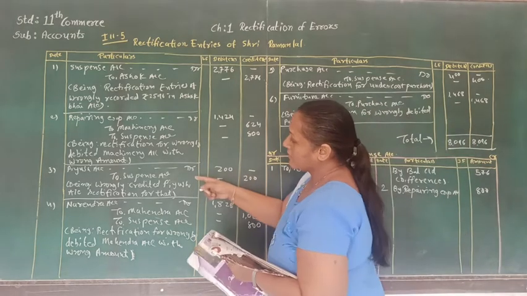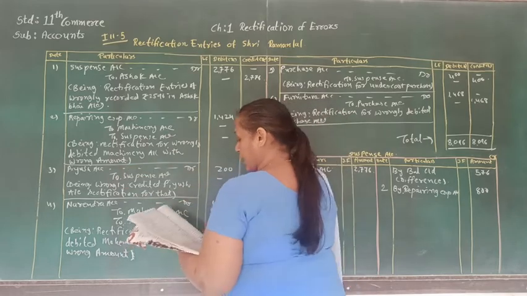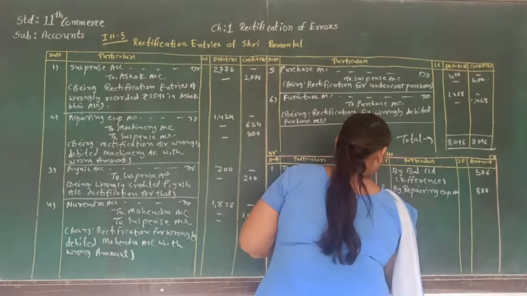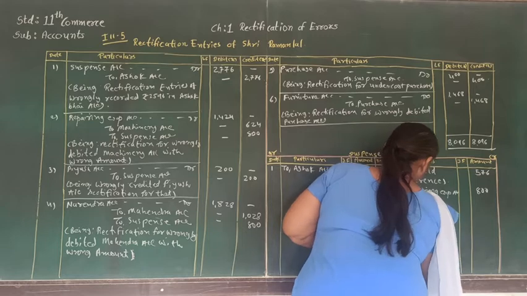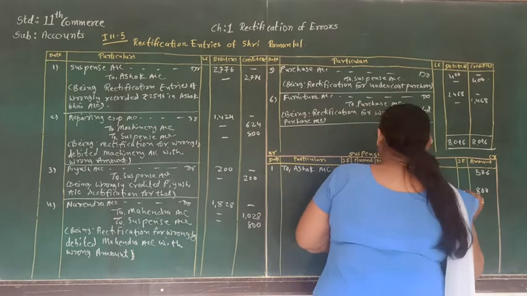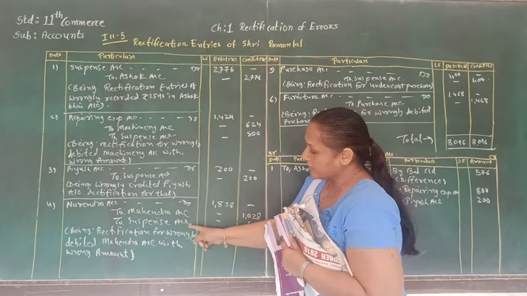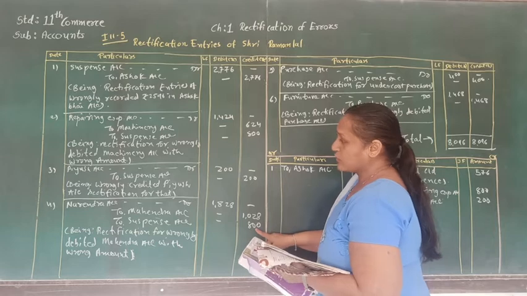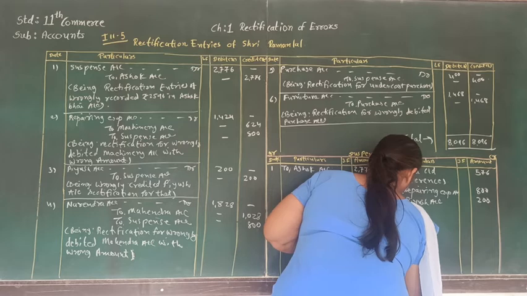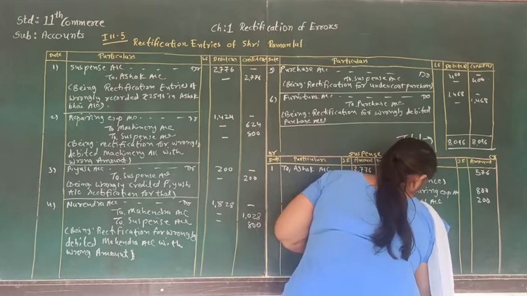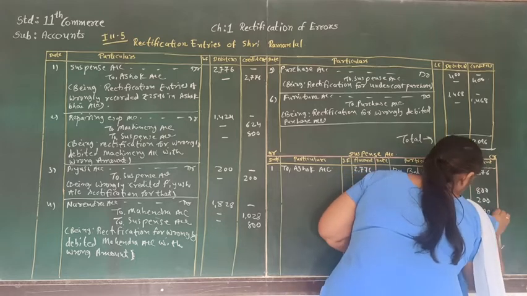Then on the third date we can see that on the credit side of suspense account we are supposed to write by Piyush account, third, by Piyush account, and the amount will be 200. Then next we can see that on the credit side of suspense account we are supposed to write by Narendra account, date will be 4, by Narendra account, and the amount will be 800.